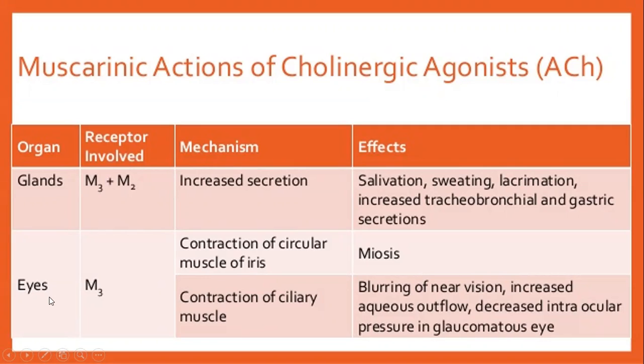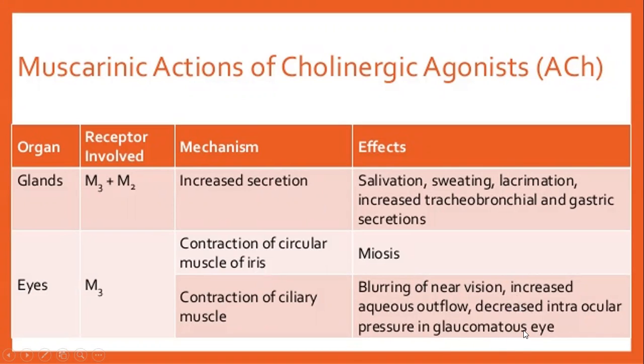And in the eye region, miosis. Miosis means excessive constriction of the pupil. This miosis occurs due to contraction of the circular muscles of the iris. This effect occurs due to M3 receptors. M3 receptors act through the IP3-DAG pathway due to activation of the phospholipase enzyme. And one more effect is blurring of near vision, increased aqueous outflow, and decreased intraocular tension